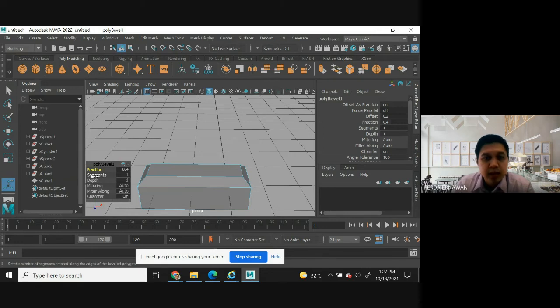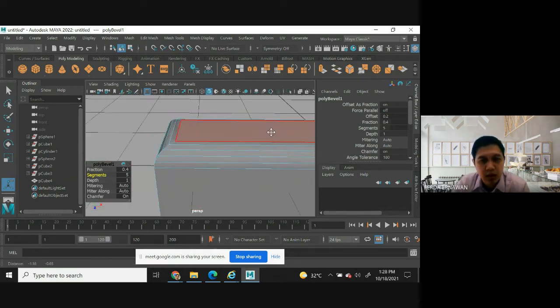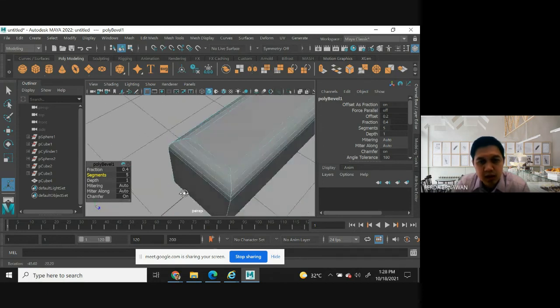It looks like the segment. You can increase it to make a smooth transition. If you look at the image here, if you increase the number of segments, it will be smoother. Let's say I set 5, 7. I decrease again, 5. Let me zoom in.